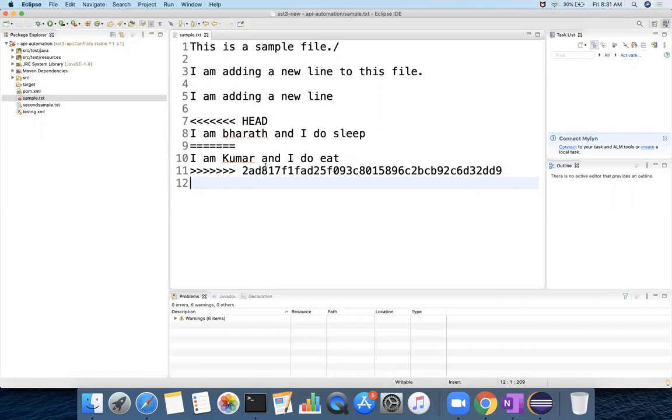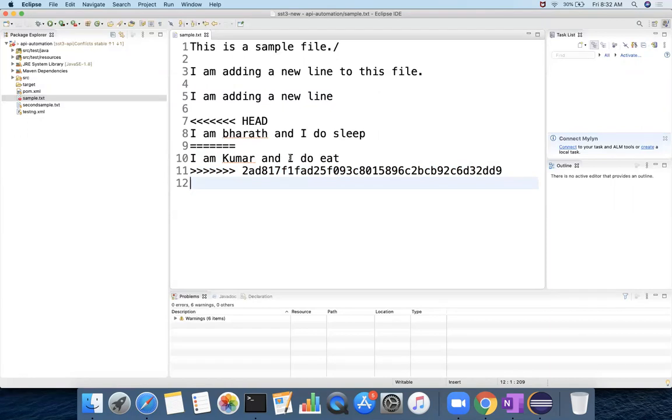So how do we do that? Remote has I am Kumar and I do eat, and your local now has both changes, I am Bharat and I am Kumar, and then you decide which changes have to be present. Only I am Bharat and I do sleep, or only I am Kumar, whatever the remote is having, that is fine, or you want both.